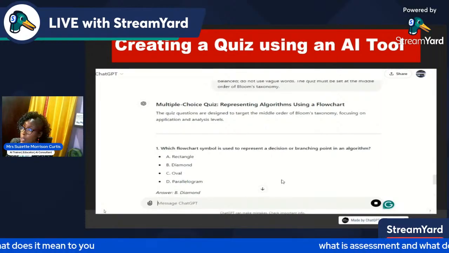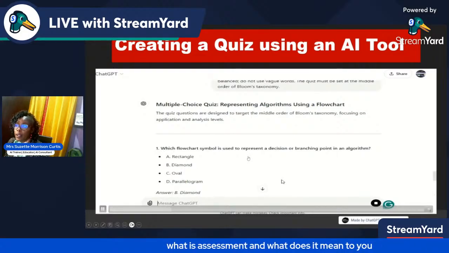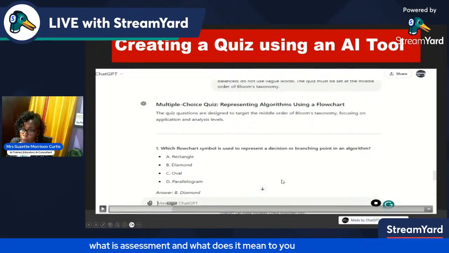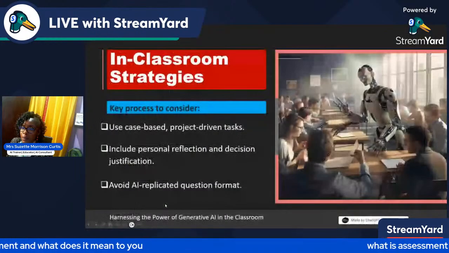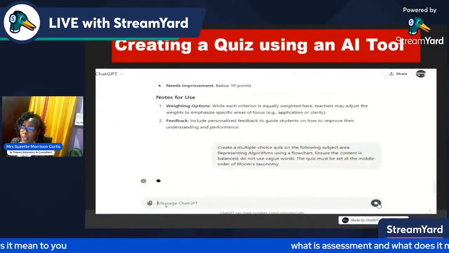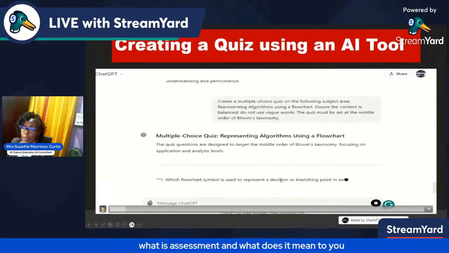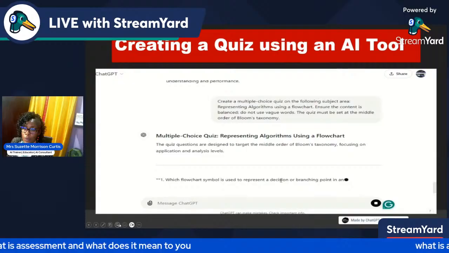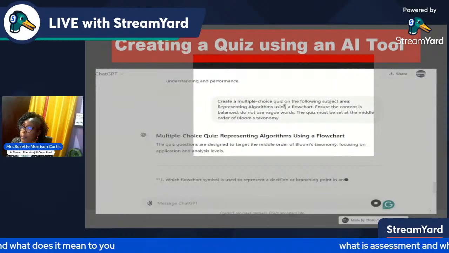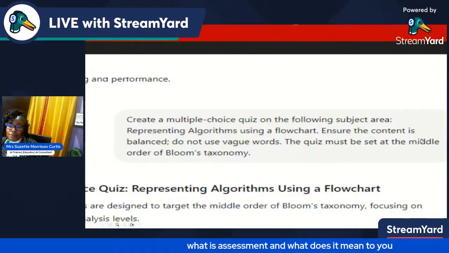And it also gives you back the answers each time. So once you provide the prompt, and I'm going to show you about the prompt right now. Let me go back. Oh, one more. This is the prompt. Here. You want me to zoom in? I will. So that's it.